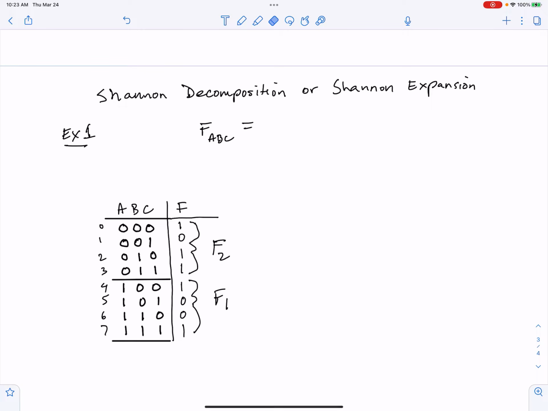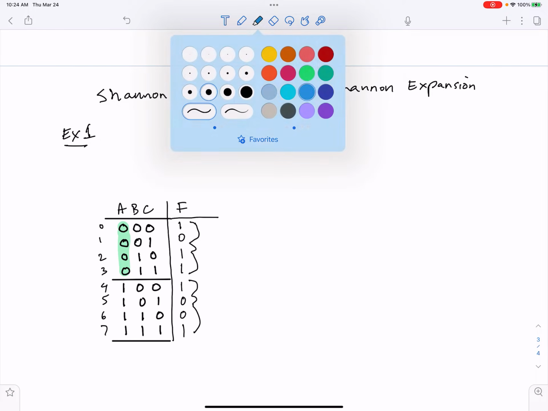And let's get rid of these for now. Come back and talk about it. What I want to do is I notice within the truth table that I can decompose this using one of the variables. I'm going to use a because it's the simplest to look at. Okay, so when a is equal to 0, I get one function, and when a is equal to 1, I